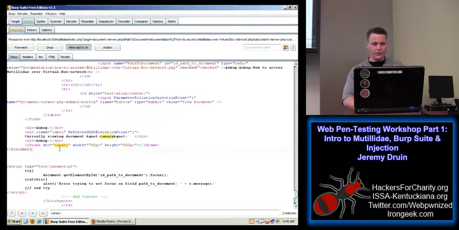All right, so in this context, what would at least one of the prefixes probably have to be if we were going to break out of this context and do cross-site scripting? If we're doing frame source injection, the prefix and suffix are basically blank, right? Because we just got lucky enough to land right in the middle of those double quotes. That's a pretty good day right there.